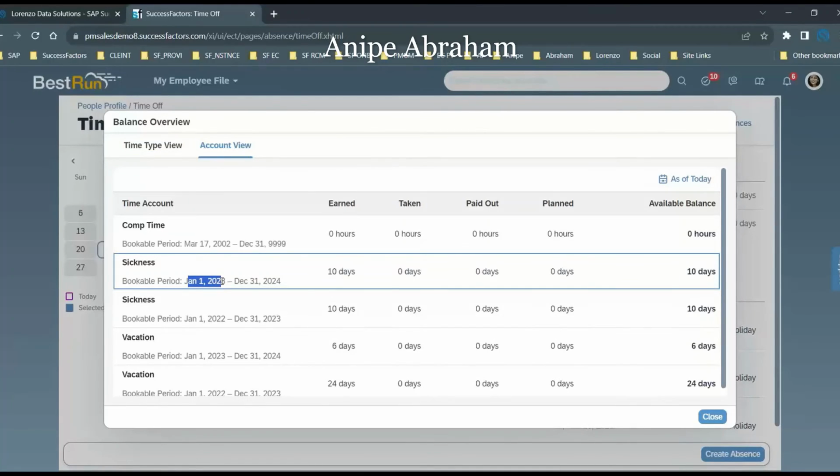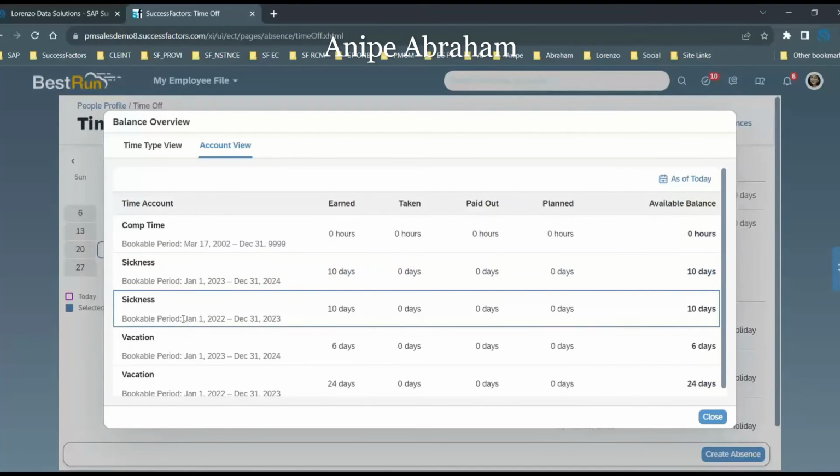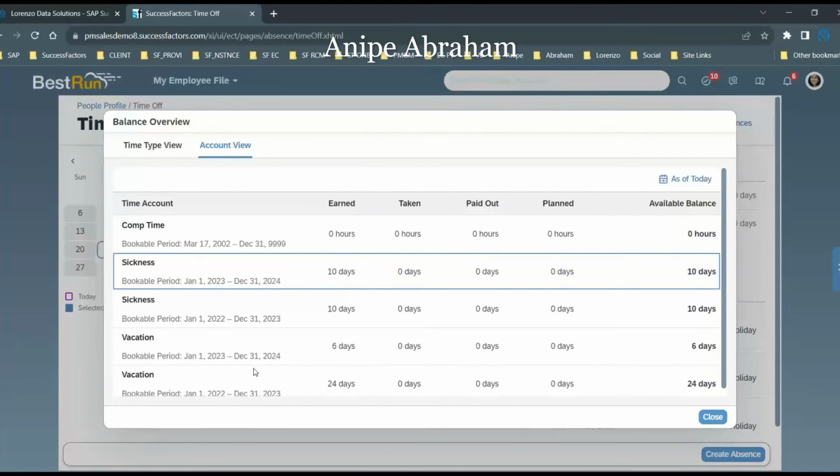The bookable period is the 1st of January to the 31st of December. And how many sick leaves are taken? 10 days, taken 0. And you can see the 10 days balance is left. In the same way, let us say it's a sickness for the past year, the current year, 1st of January 2022 to 31st of December. For next year also you have balances, from the last year to the current year. You can see vacation, 6 days you have